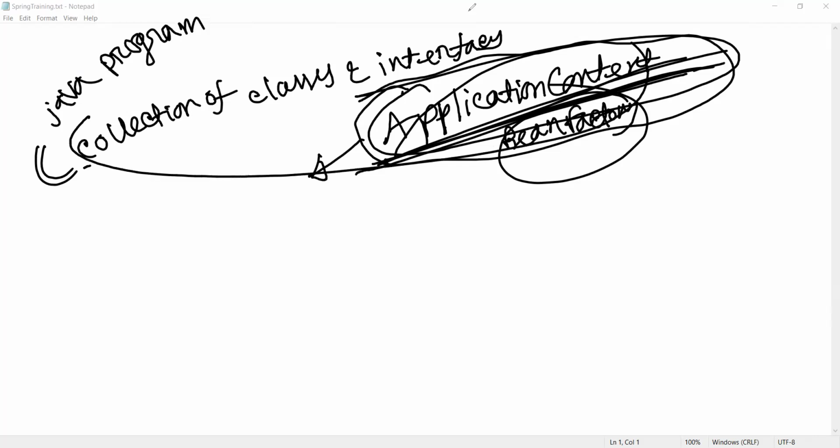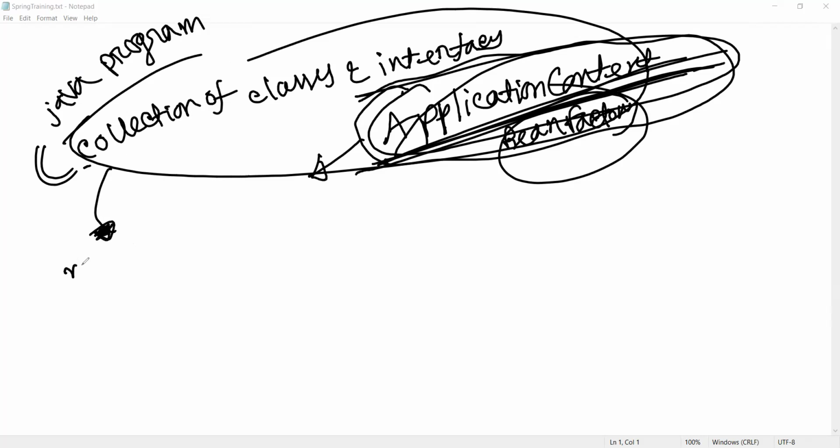So why do we write the class? To create the object or for another purpose? To create the object only, right? Can I say, in the memory view, if I look at memory, Spring container is simply a collection of objects?